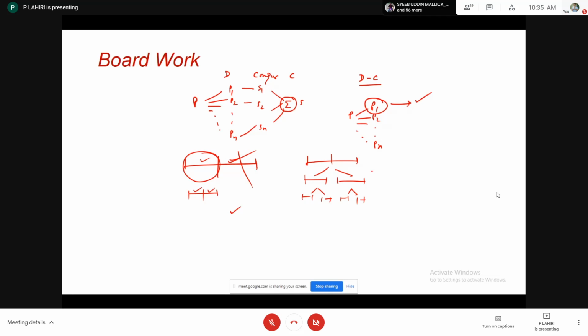But here you divide it, conquer it, and finally once the solutions are got, you combine it. So that's why here it is divide, conquer, and combine. Here it is divide and conquer. And the calculation based on middle index is related to divide. In this way the strategy for division changes or varies.